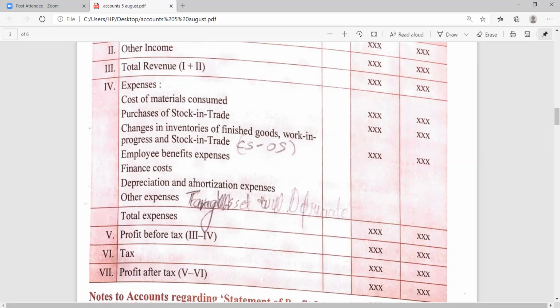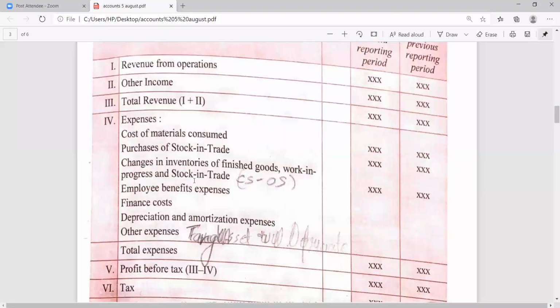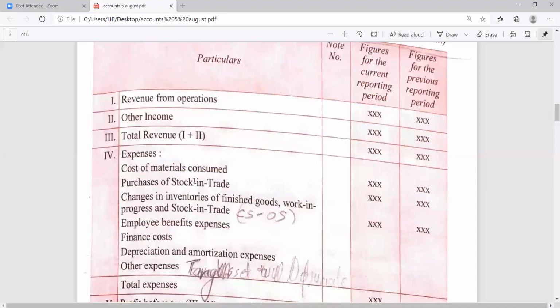We will get profit as a surplus, and we have not paid any tax out of this. So it is profit before tax, and after that we have to pay the tax, and we will get the net profit after tax. That will be the profit of the company, that is, the company is able to distribute among the shareholders as well as retain. So be careful. You have to learn this format thoroughly as it is given.